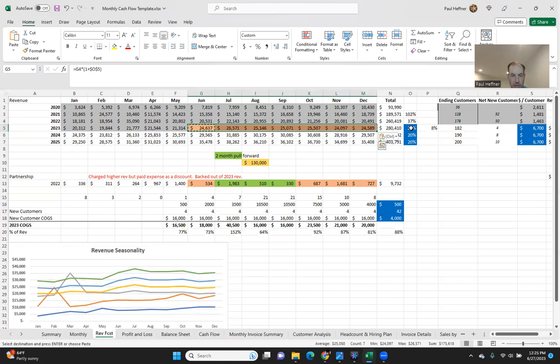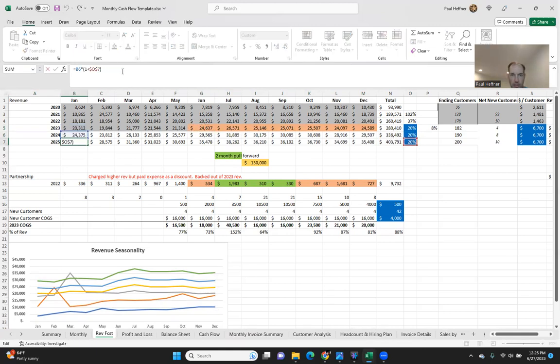Okay. And then let's go ahead and just put these other ones in here. Looks like that formula looks okay. It's the exact same one. This one's good. I don't see anything wrong there. Okay, so now we've got sort of